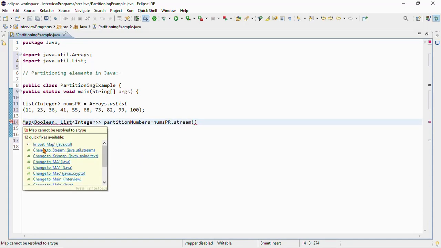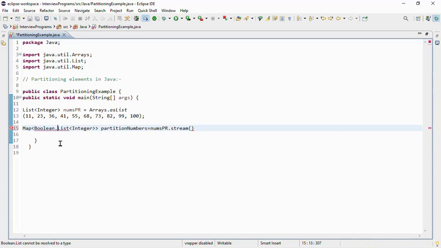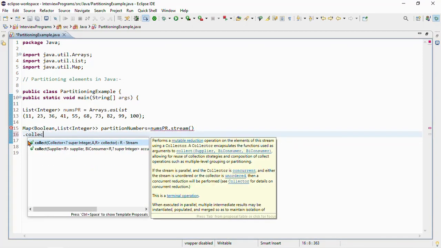Import the Map interface. So here we have created a stream with the name partitionNumbers. Save the code.